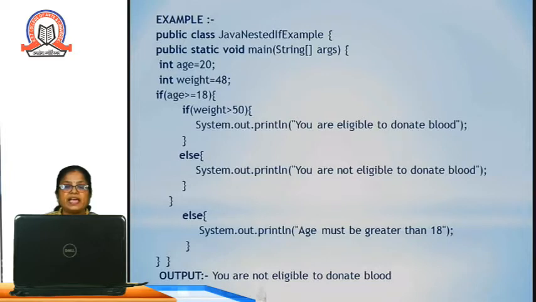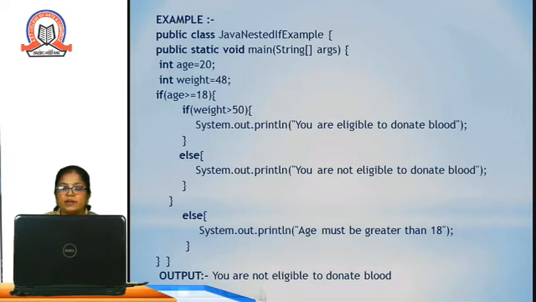Here we are checking age and weight. So we have declared int age equal to 20 and int weight equal to 48. First we are checking the age condition. If age is greater than or equal to 18 and it is true, then it will check another condition, that is if weight is greater than 50.